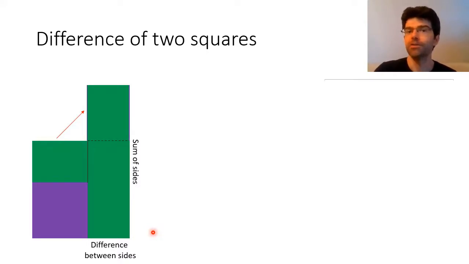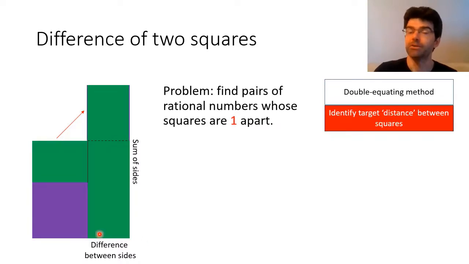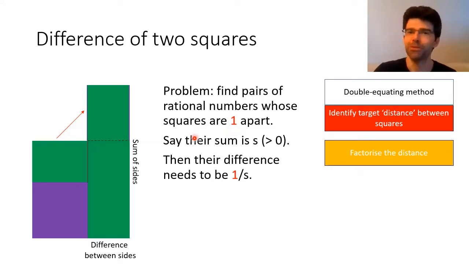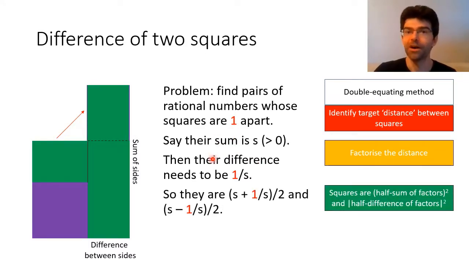We start with the area of the rectangle, which we can take as 1, just for example. We first pick any factorisation of that area as the width and the height that are going to go into our rectangle. In general terms, s times 1 over s is a general factorisation for different positive values of s. We need the factors to be different to create an L, so we need s not to be 1. Then we can extract the side lengths of the two squares from the dimensions of the L shape. One is the average of the width and the height of the rectangle, while the other is half the difference, or the absolute value of that if it happens to be negative.